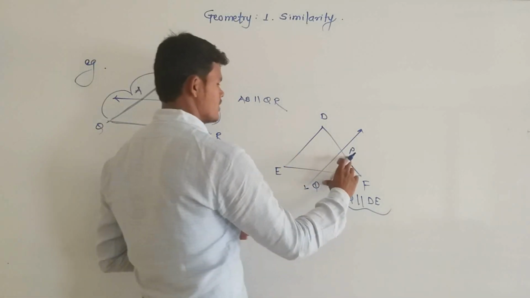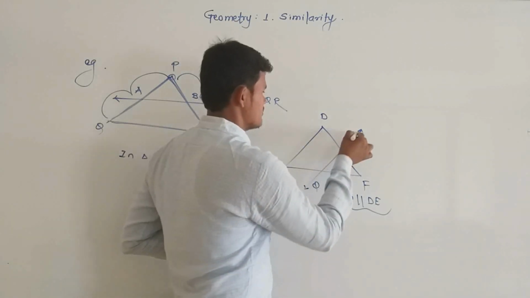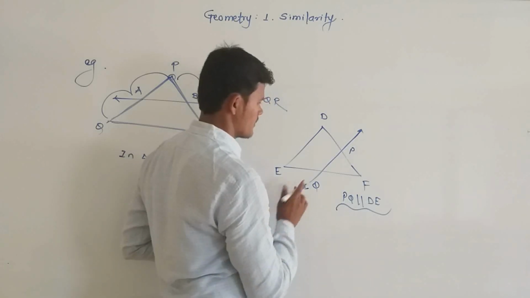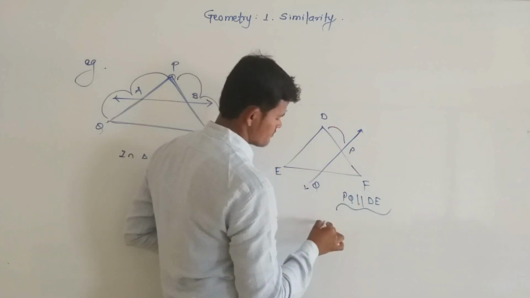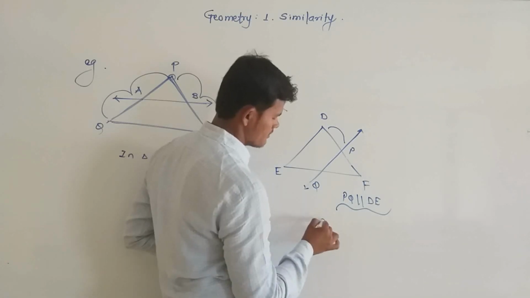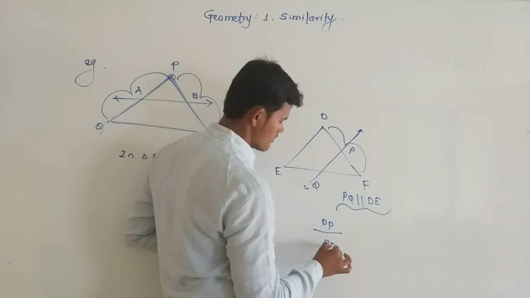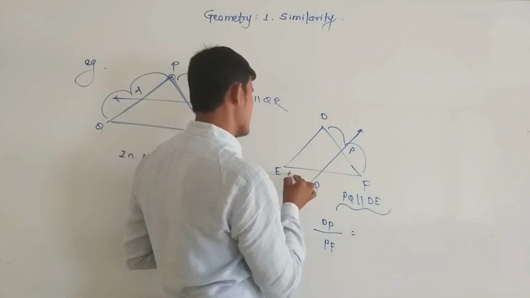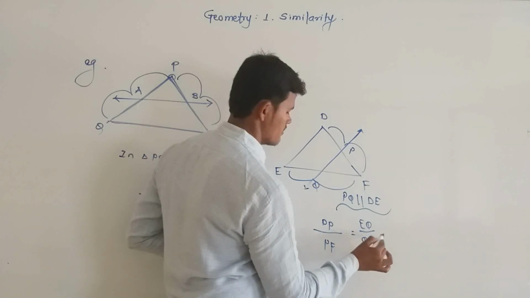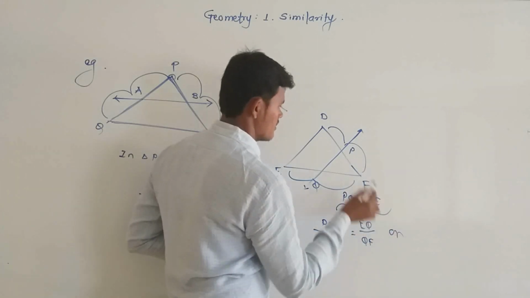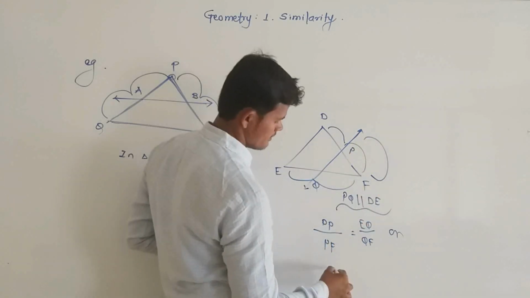That means segment PQ is parallel to segment DE. Then write down the ratio. If we start from vertex D, then we get DP upon PF is equal to EQ upon QR. Now if you are starting from vertex F, then we get